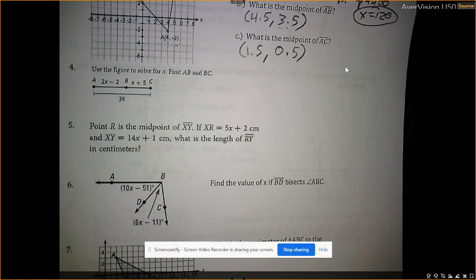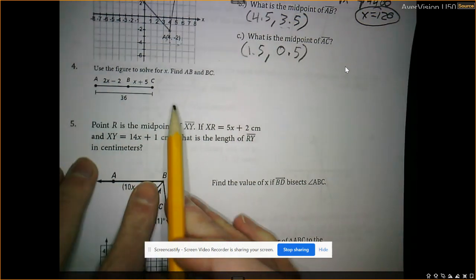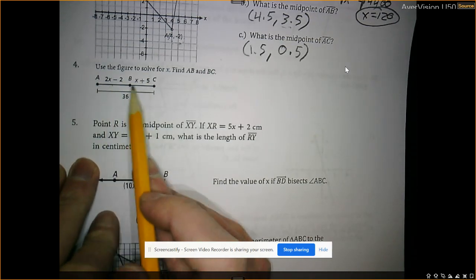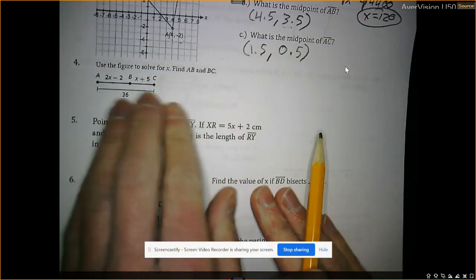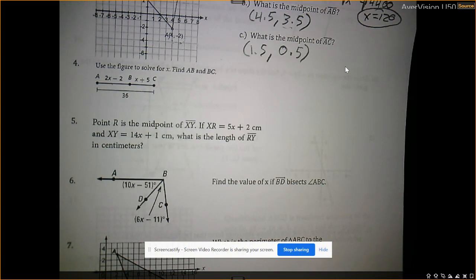Use the figure to solve for x, find AB and BC. Okay, this is a good one because we are just saying, well, if the whole length is 36,